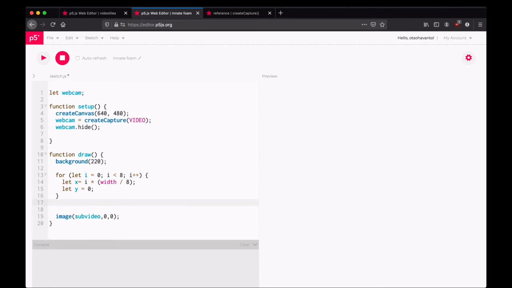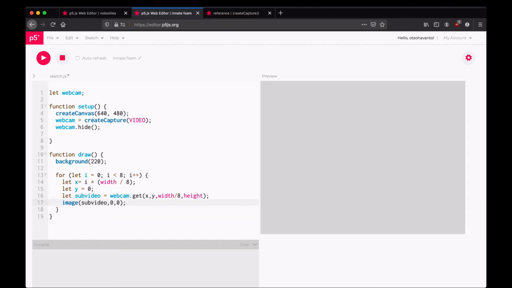And here we say that the sub video frame, we're getting it from x and y, and then the width of this piece will be width divided by 8, because we have the 8 here, and then the height will be full frame. And then inside the for loop, let's draw this image. So now we should have,